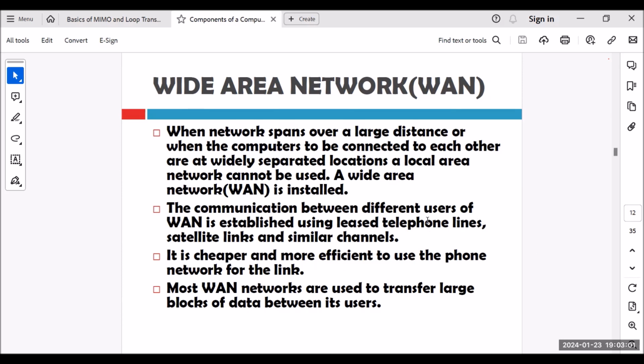The communication between different users of WAN is established using leased telephone lines, satellite links, and similar channels. It is cheaper and more efficient to use the phone network for the link, right? Most WAN networks are used to transfer large blocks of data between its users. So you must have seen that,